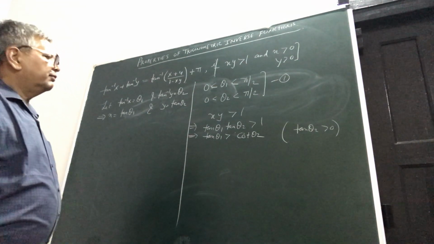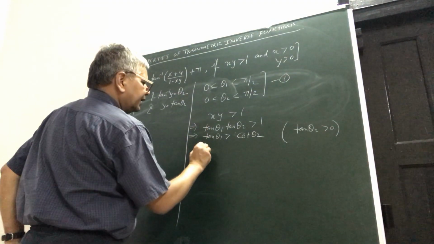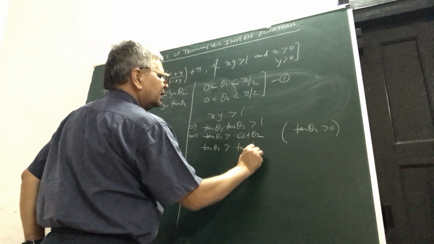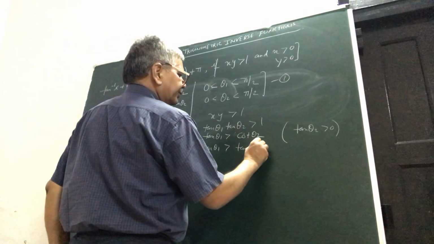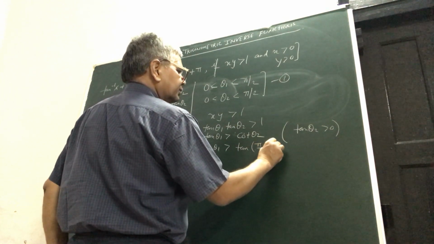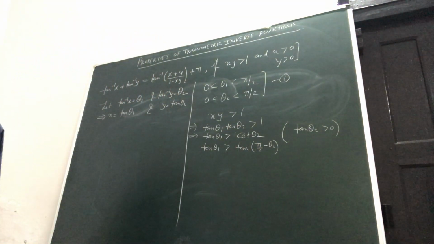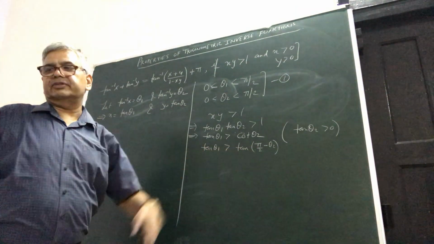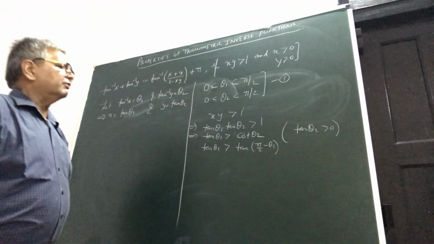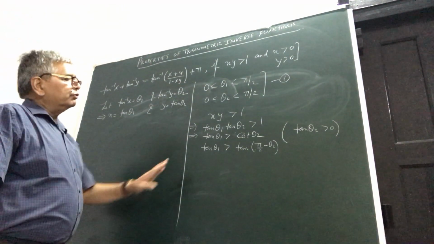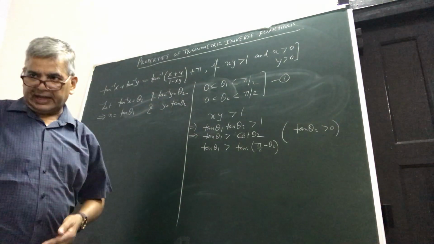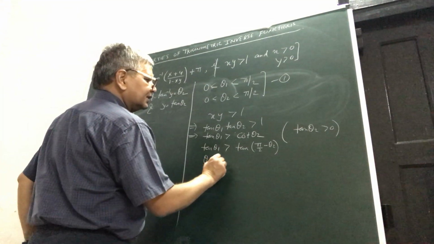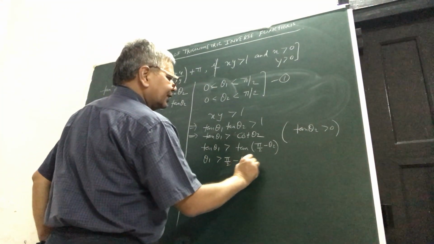Now, with this understanding, tangent theta 1 is greater than cot theta 2, which you can again write as tangent of pi by 2 minus theta 2. Because this will be cot theta 2 only, and since it lies in the first quadrant, it will have a positive sign. Now, you know that the graph of tangent theta is an increasing graph. Therefore, what you can write is theta 1 is greater than pi by 2 minus theta 2,